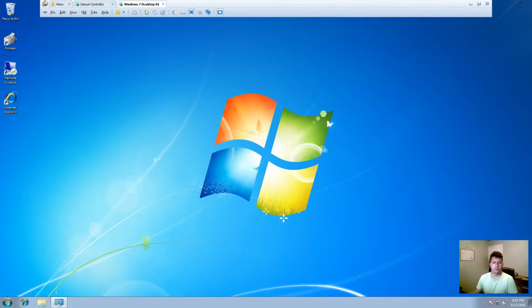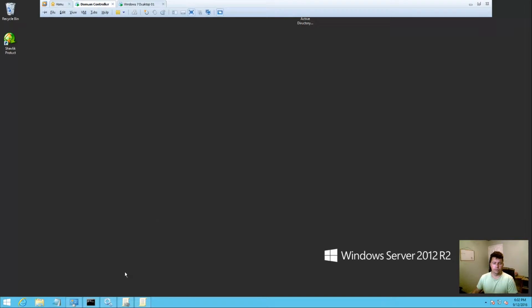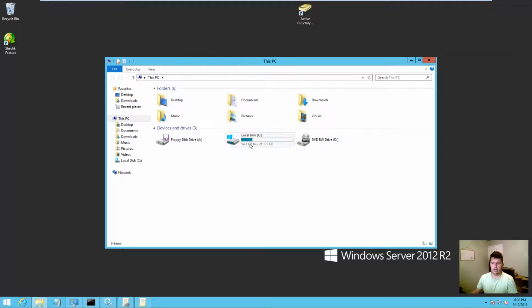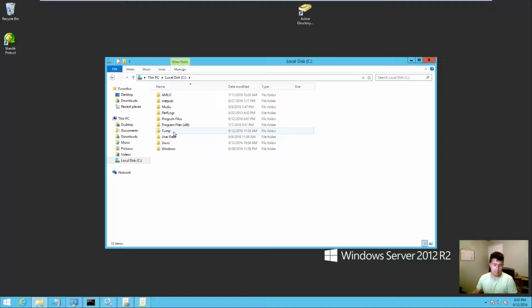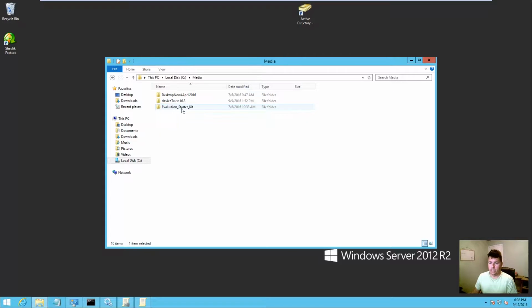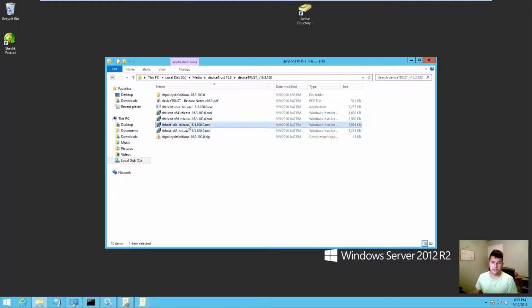Okay, so we're going to install deviceTrust onto the terminal server itself, and to do that you can get the software from Sabicon. Visit us at www.sabicon.com and we can supply you with evaluation or obviously purchase the software. And we'll come in and we're using version 16.3. It's just been released in September of 2016, and what we're going to do is install the deviceTrust host software